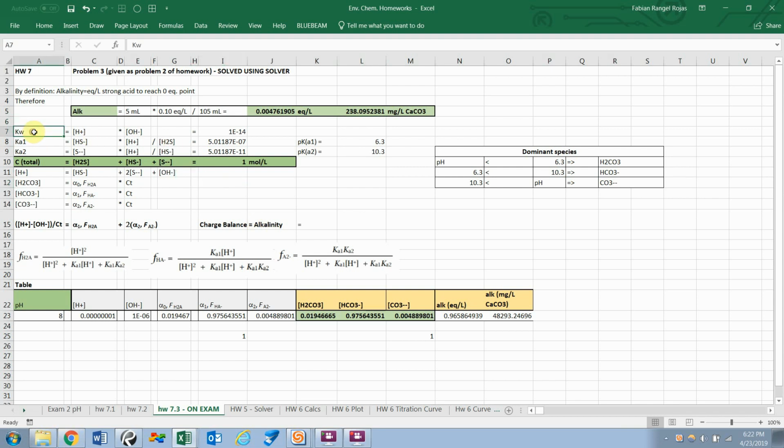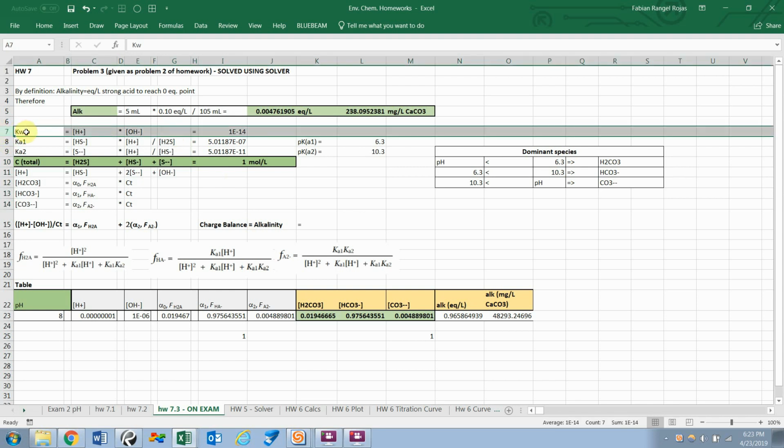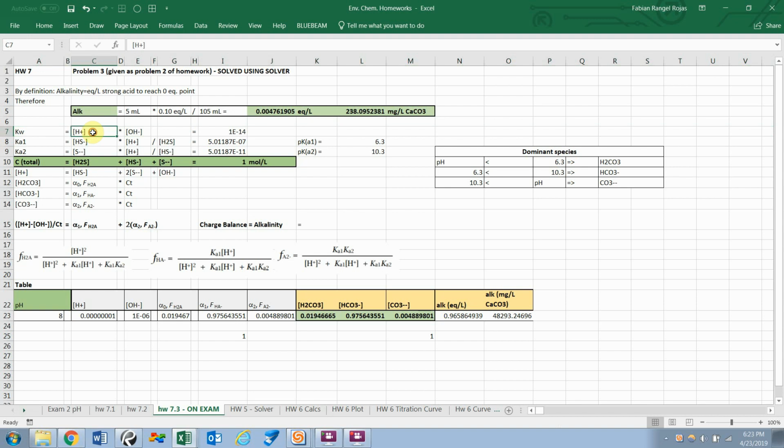If you watched my last tutorial or my last video, I like to write out equations just as text to remind myself of what's going on and what my known values are. So here I say that the K of water is H plus times OH minus, and that's always going to be equal to 10 to the minus 14. I can't remember if I actually use that value at all here, but I like to have it on my spreadsheets always. Ka1,